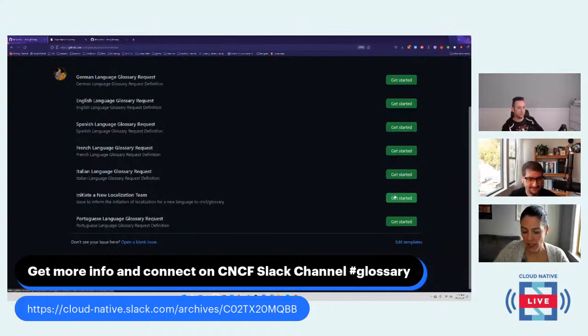Yeah, and if you go in the Slack channel, there are the meeting notes. Seokon, who is our maintainer who manages the whole process, has done a lot of the docs localization for Kubernetes. He has created all the steps and processes that we need for the glossary, and you can read all of it in there. He's also trying to do everything for Korean right now, testing it, so a lot of things may not go through right away. Once we confirm that it's all working, it's going to be the process.